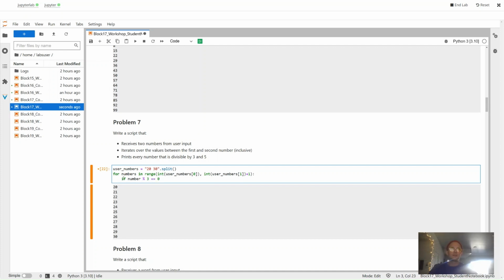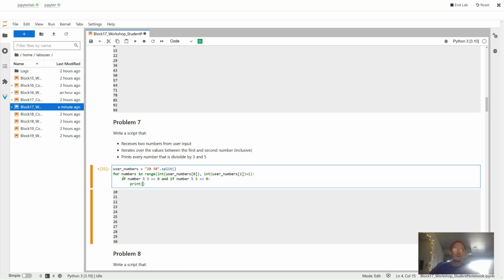I think I'm saying here if the number is divisible by 3 and leaves a 0 as the remainder, and if number... this reminds me of FizzBuzz exercises. Look that up, FizzBuzz. Number modulo 5 equals 0,